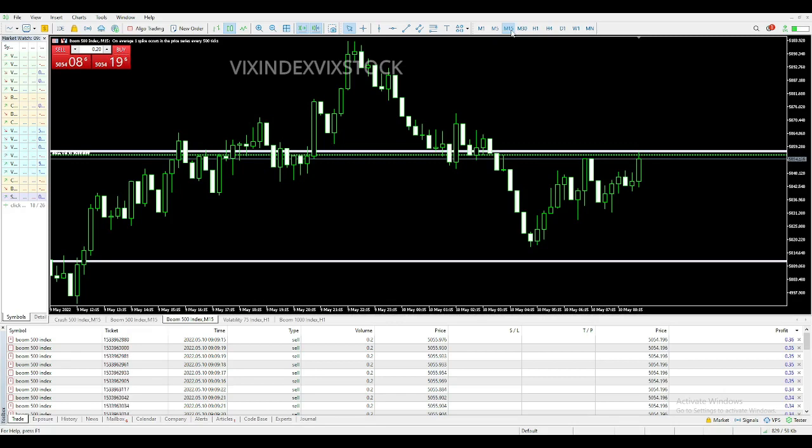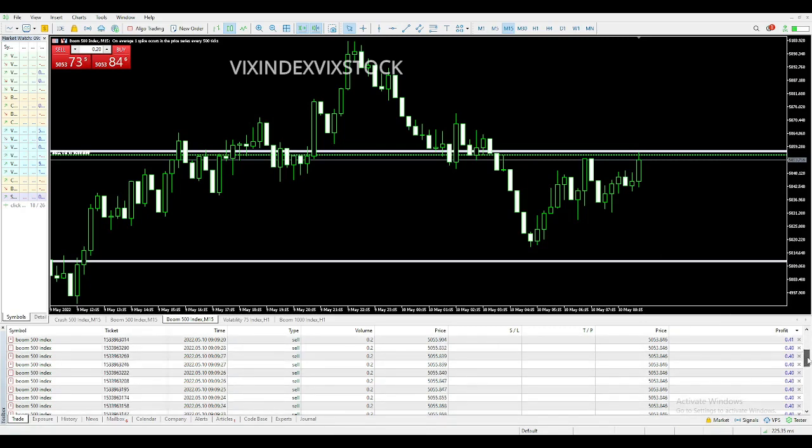But here I'm just showing you that you can basically trade synthetic indices just like Forex. You don't need to treat them like a special kind of trading instrument or asset. The same understanding that you have of Forex trading, you can actually bring it to synthetic indices and you can make some money. And of course, it's risky. It's like trading NAS 100 or US 30 versus trading your normal Forex pairs like Euro USD or stuff like that. It's risky. That's why here, for example, I'm trading Boom 500.